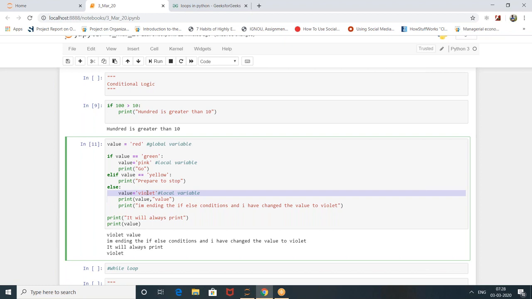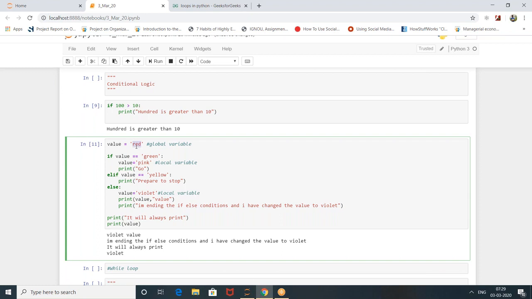But generally, global variable definition is preferred. Local variable definition, you should not do it generally unless it is pretty much needed. Like, you were a customer to me for 5 minutes back. You were saying, yes boss, this is failing, you are telling me until this, when both the models failed you give me a violet model, that was your requirement, then it's fine. But generally don't change the value in a local variable, it will change.